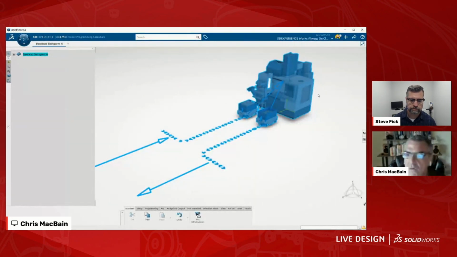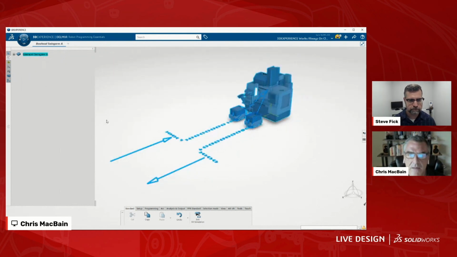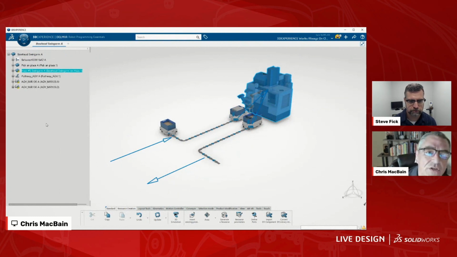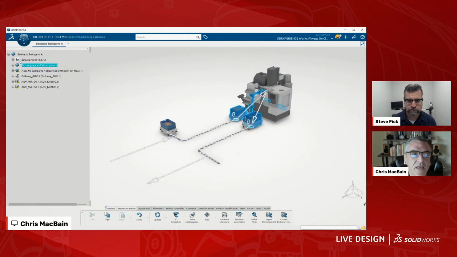All right. This is awesome. What we're seeing here is what we call a manufacturing cell. This is called a Bowhead swing arm. Remember that name, because we've been doing a lot of stuff with their data. You might have seen some videos that Steve put together that were phenomenal, so make sure to see them. This is a machining cell that we made with their data. In this cell we have a couple of different things going on. We have a robot, and we also have a CNC machine. Those are the cells.